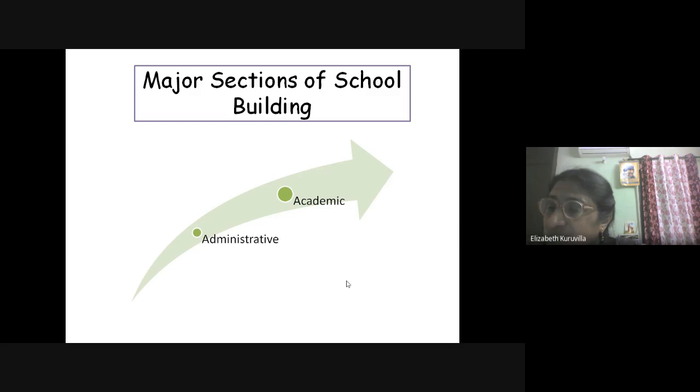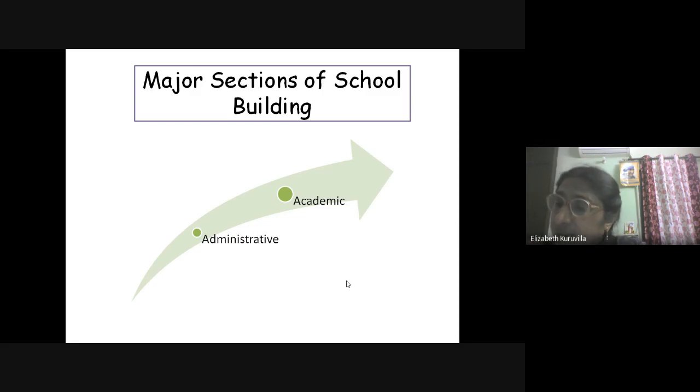Students' common room section, separate toilets for boys and girls, then the activities section, which includes the games room, the scout and guides room, NCC and NSS room, photography club room, or some subject-specific club rooms. All these things come under the academic.